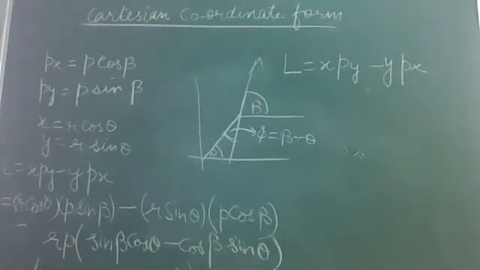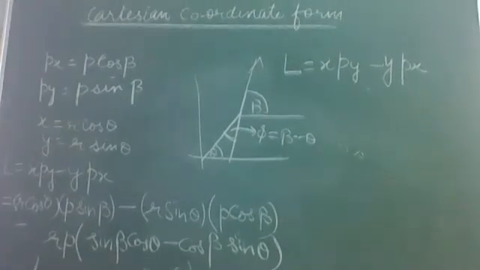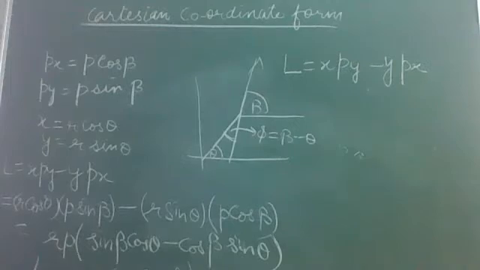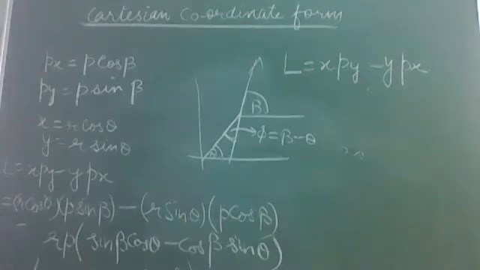If you have any doubts in the derivation of torque, how we derive the Cartesian coordinate form, you can tell me. Yes, raise your hand if you have doubts in that big derivation of torque. How we get the Cartesian coordinate form, that tau is equal to x Fy minus y Fx. If anybody has a doubt in that, please raise your hand. Otherwise, I'll move on. Gitesh has a doubt. Anybody else? Only one student has a doubt. Anybody else? No doubt. Tushar has. Only two students have doubts out of 40.